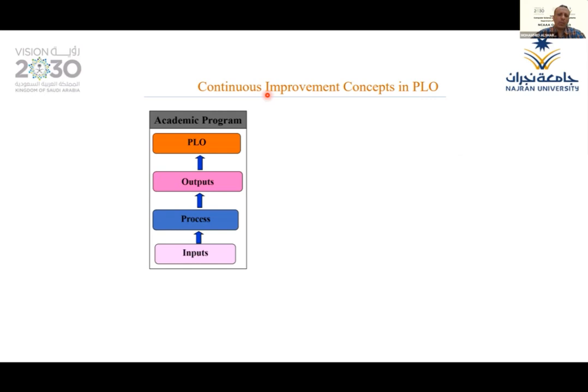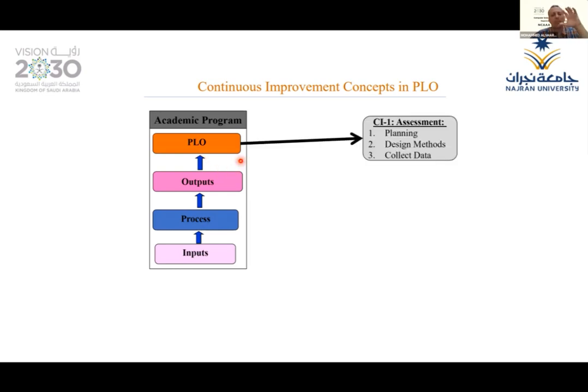The continuous improvement concepts in program learning outcomes. We have input, as we said, for our program, like faculty, students, plans, budget, all these things. We have a process, teaching and learning. We have outputs. We have the PLO as impact of the learning outcomes. Our graduates achieve these learning outcomes. So our very simple continuous improvement framework is based on the CLO, after the students achieve the PLOs, they study the courses, and at the time of graduation, for example, we have to do assessment. Assessment has different steps. It's not the time to explain.